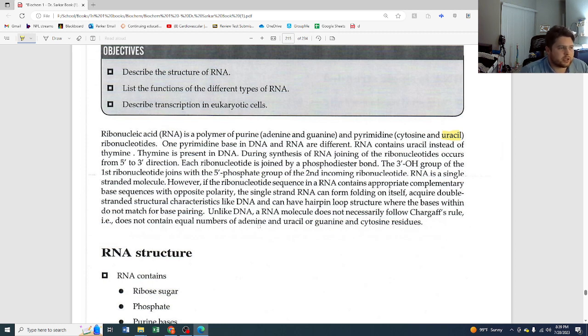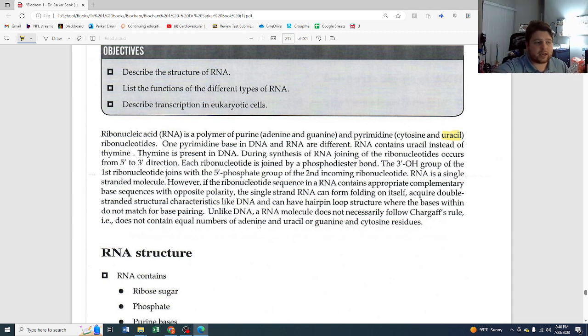However, if the ribonucleotide sequence in RNA contains appropriate complementary base sequence with opposite polarity, the single-strand RNA can fold on itself, acquiring double-stranded structural characteristics. So it's not fully double-stranded like DNA is, but it can fold in on itself and end up with some of those double-stranded characteristics as long as the different ends of it are complementary and they can match up. So you can have hairpin loop structures, we'll get into those,